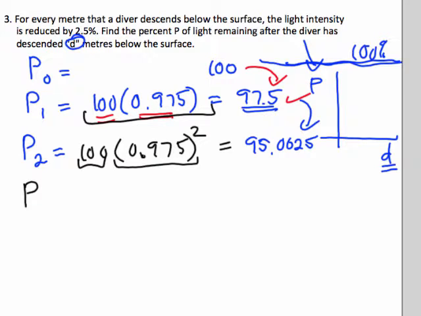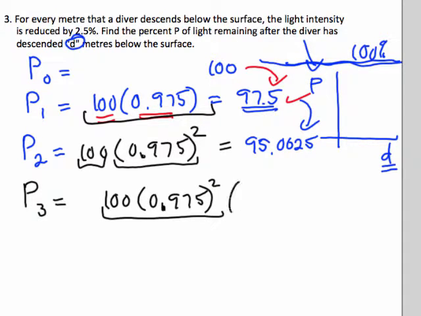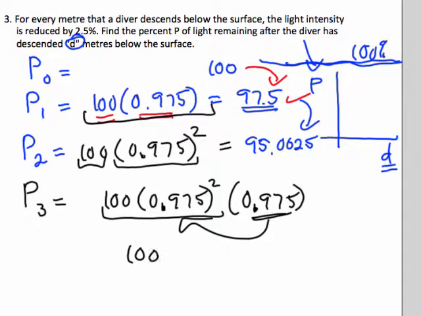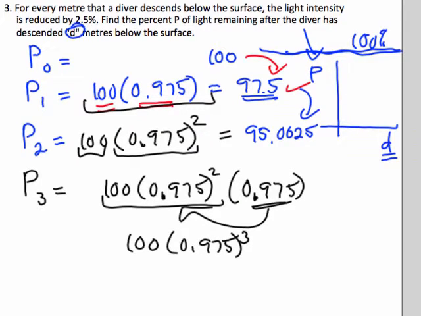So after going down 3 meters, I'm going to have the previous amount, and I'm going to multiply that by 97.5%, because that's the percentage of light that's left. 97.5% of this will be left. In other words, that's to the exponent 3. So to generalize this, the percentage of light after going down d meters is going to be 100 times our multiplier,